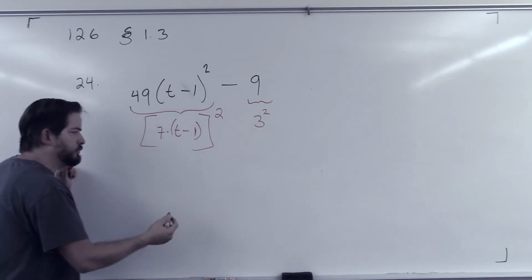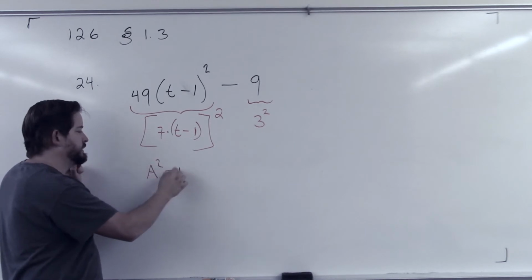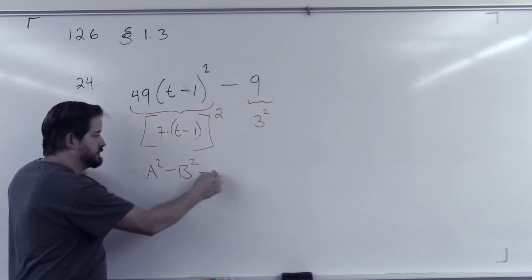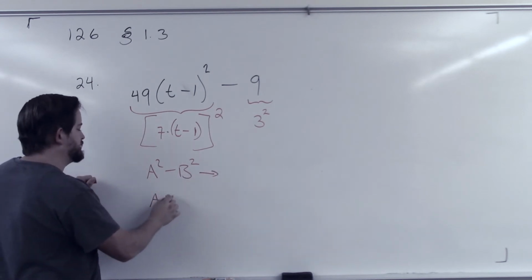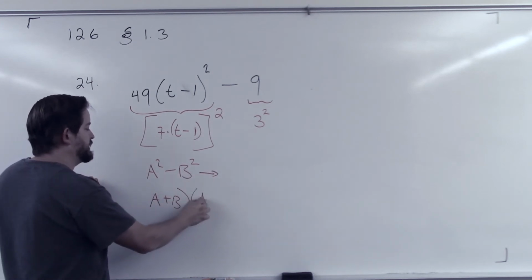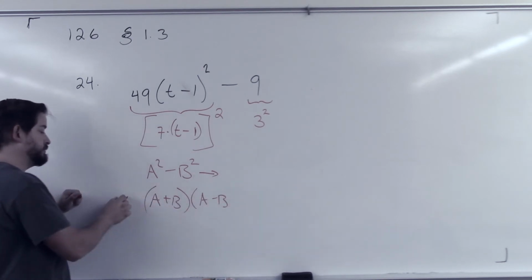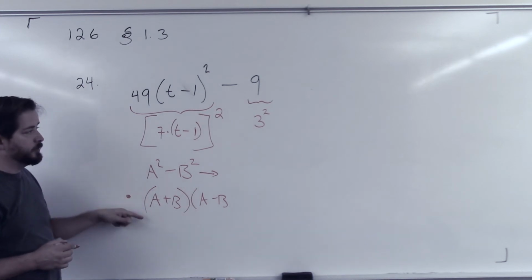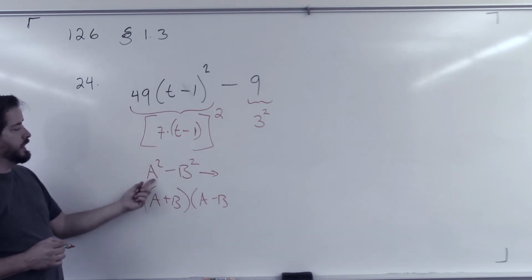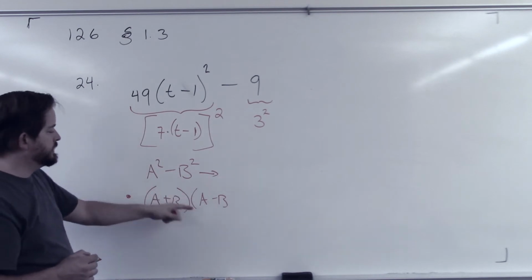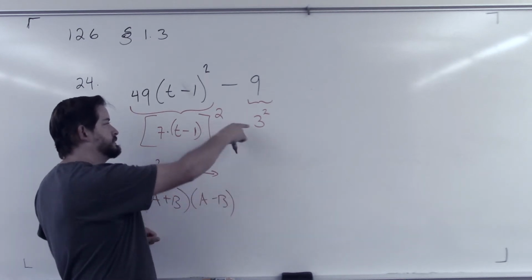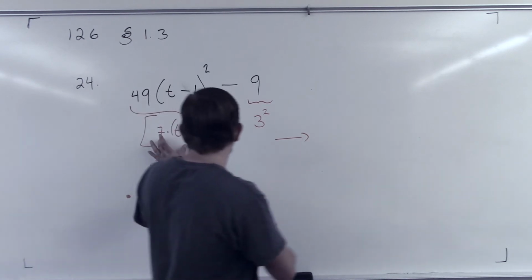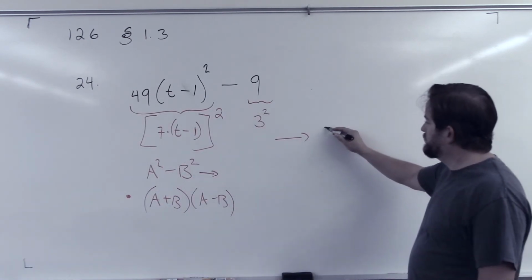And so recall with these a squared minus b squared, that's the difference of two squares, something squared minus something else squared. This turns into a plus b multiplied by a minus b, right? That's the difference of two squares. It's the quick, easy way to just get to your answer by remembering this formula. And so I know what a is. a is 7 times t minus 1, and I know what b is. b is 3. So my answer then is a, or 7 times t minus 1,